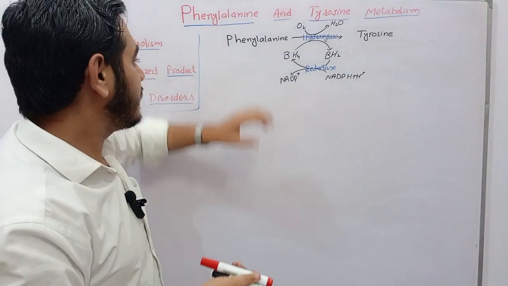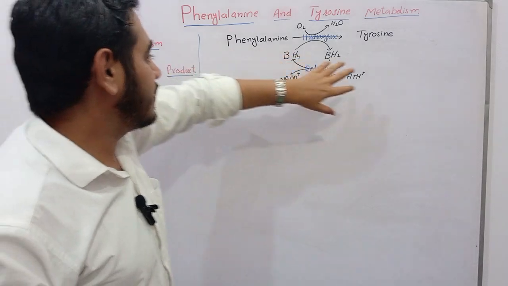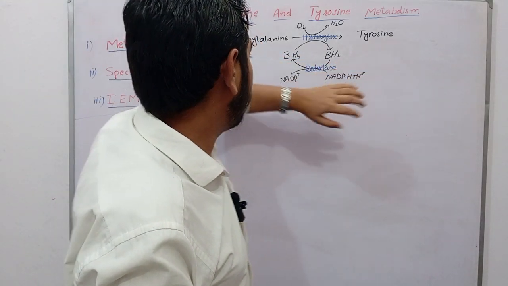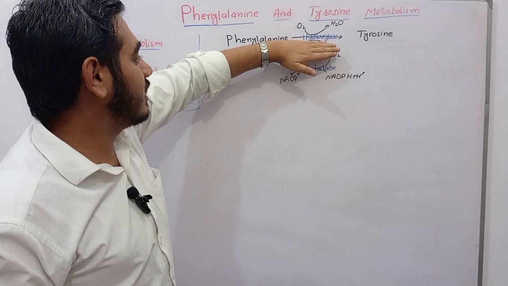I am repeating that this phenylalanine converts into tyrosine by the action of phenylalanine hydroxylase